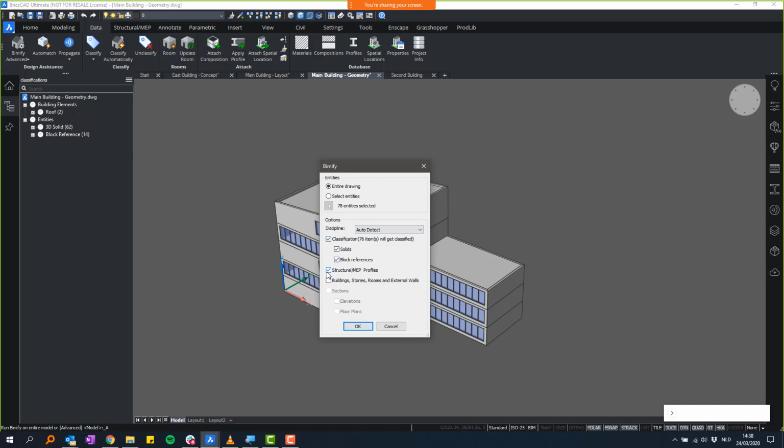It will also detect structural and steel profiles and match them to our library. We can choose to detect buildings and stories in this model, and we can choose to create some section planes automatically as well. So if I click OK,